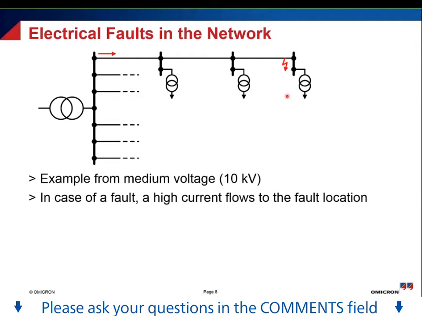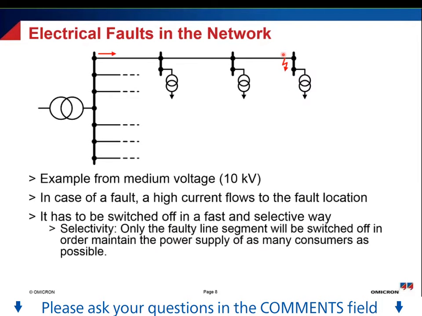So what happens in case of a fault? If we have a fault, let's say here, almost at the end of the line, then there will be a high current flowing towards the fault location. You can see the current will flow through the transformer into the medium voltage network and then through our faulty feeder up to the fault. Okay. This fault must be switched off,